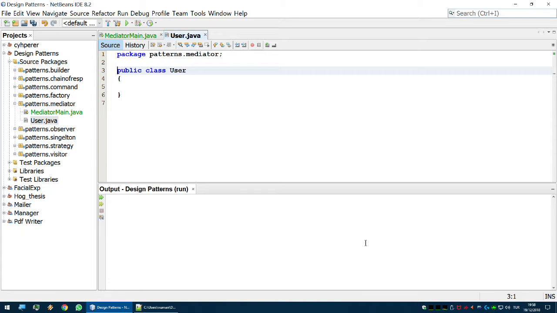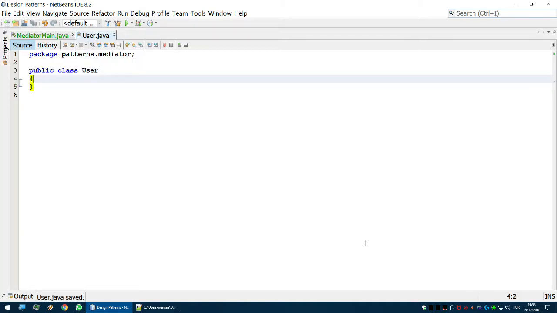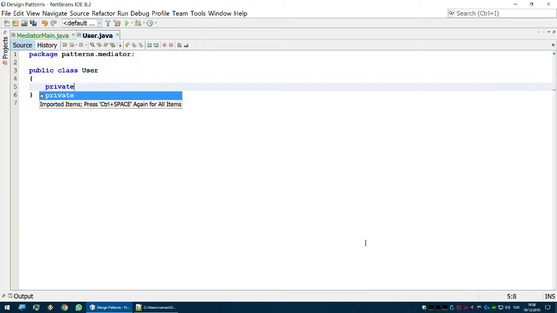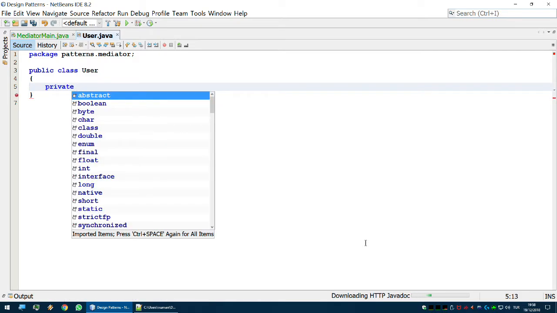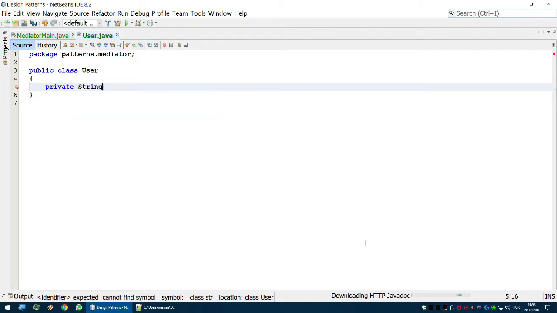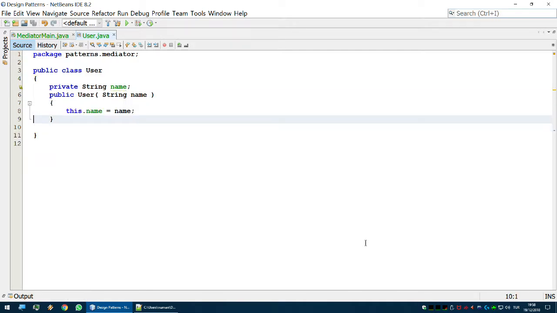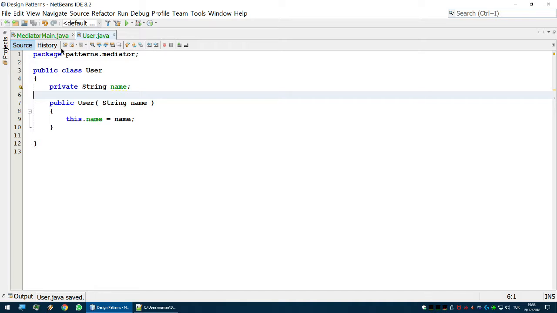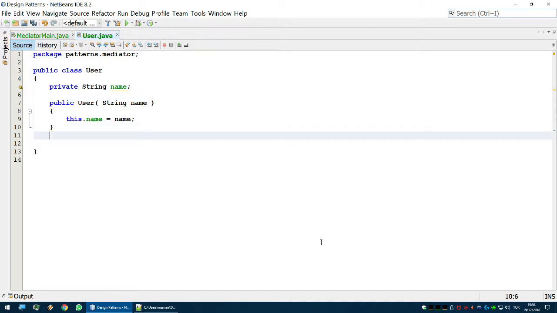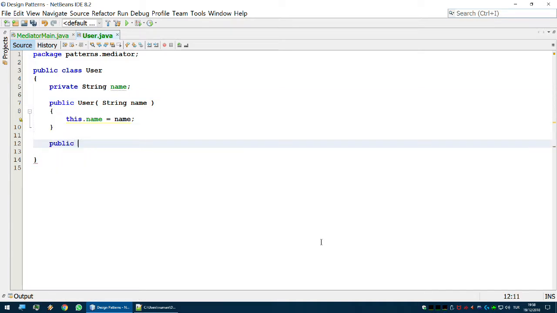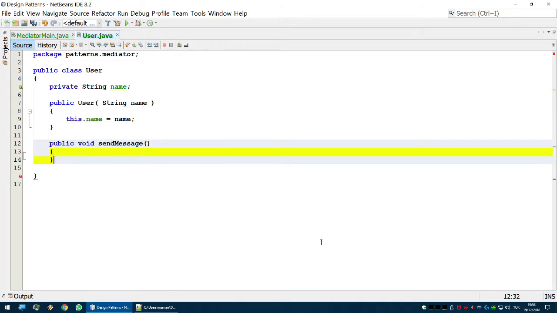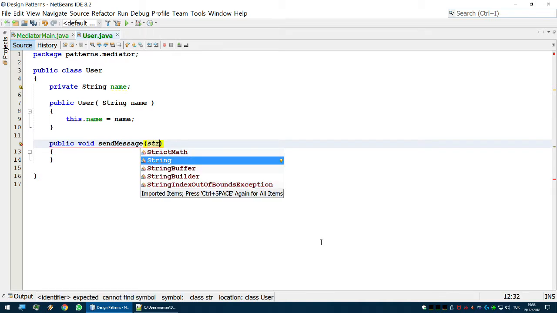Now I'm gonna keep this example simple, as simple as I can. I will have a private string. I will have one property for name for every user. Okay, and there will be a constructor with the username. Now I will probably have some kind of public void sendMessage for the user with the string message,